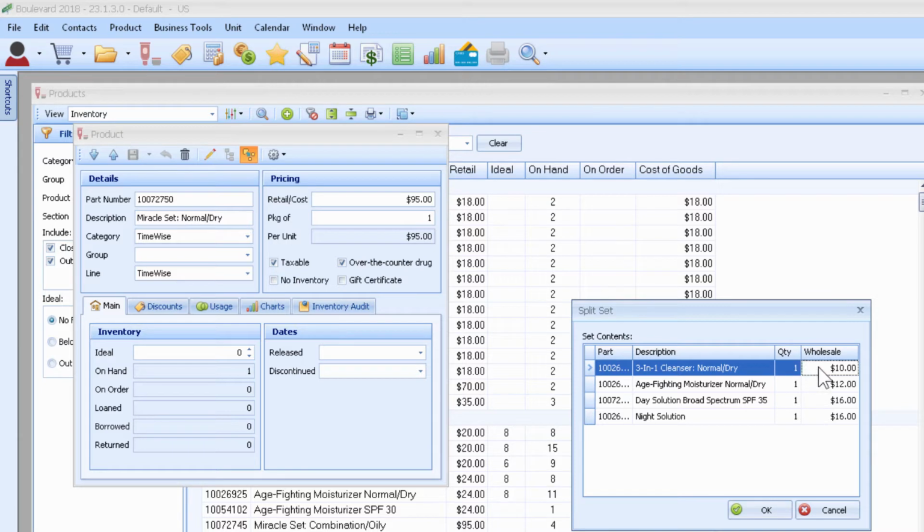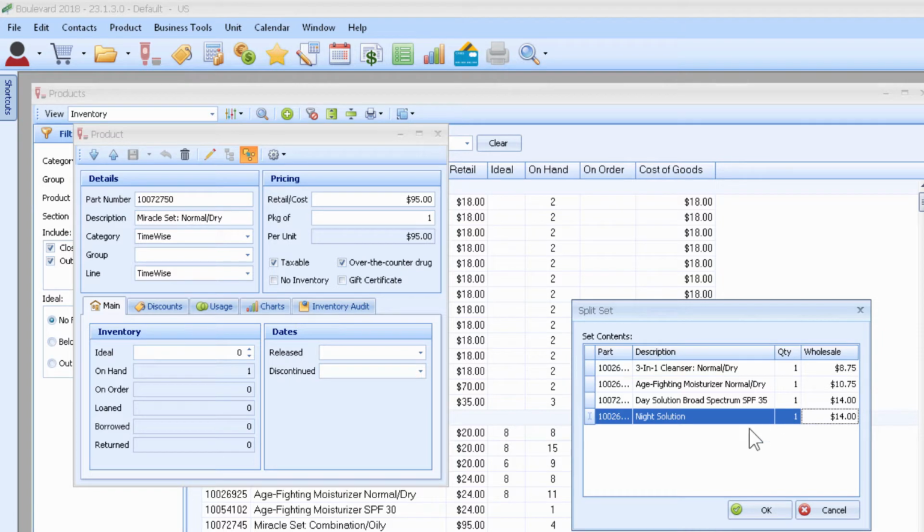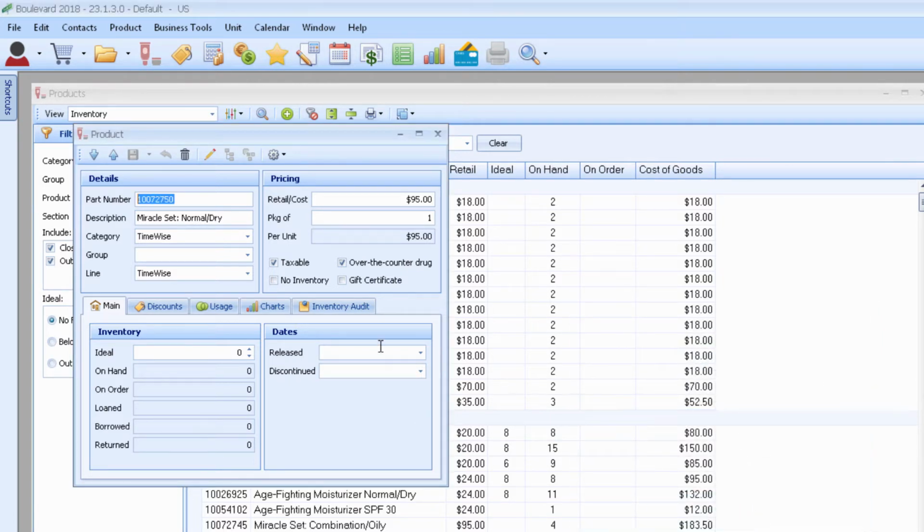separately. Now since you get special pricing when you order as a set, you'll want to ensure that you adjust this wholesale. And if you need assistance with finding out what the wholesale price should be for the set that you're looking for to split, for your country, just reach out to us and we're more than happy to assist you on that. So I'm going to go ahead and click OK,